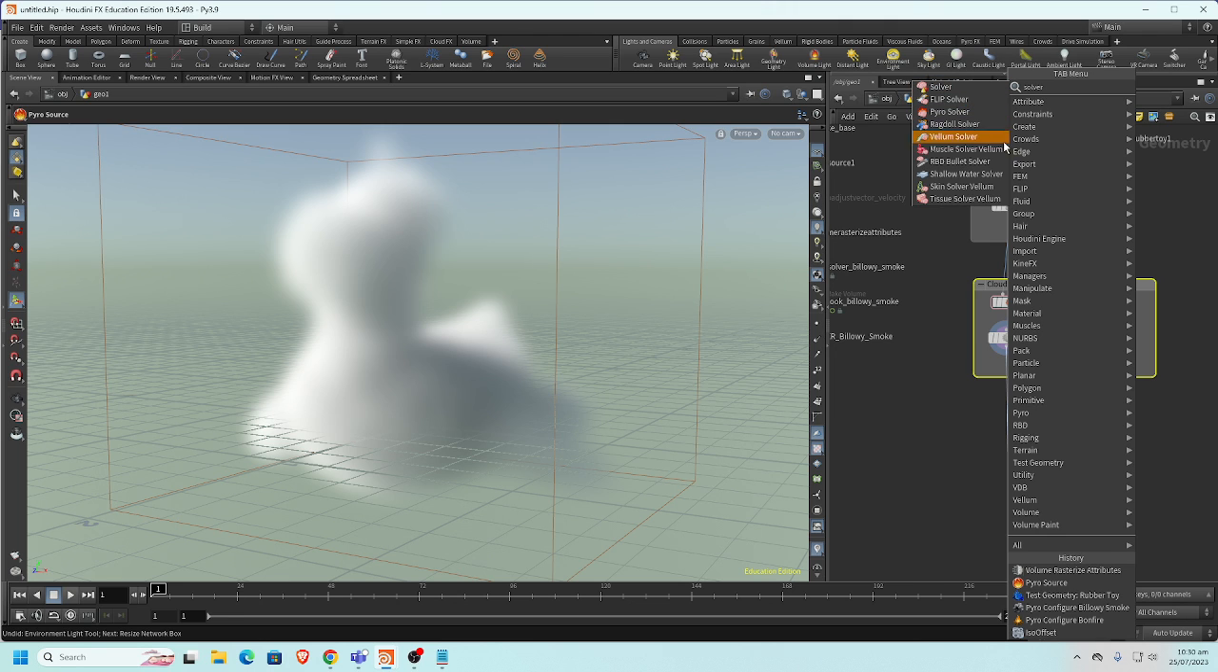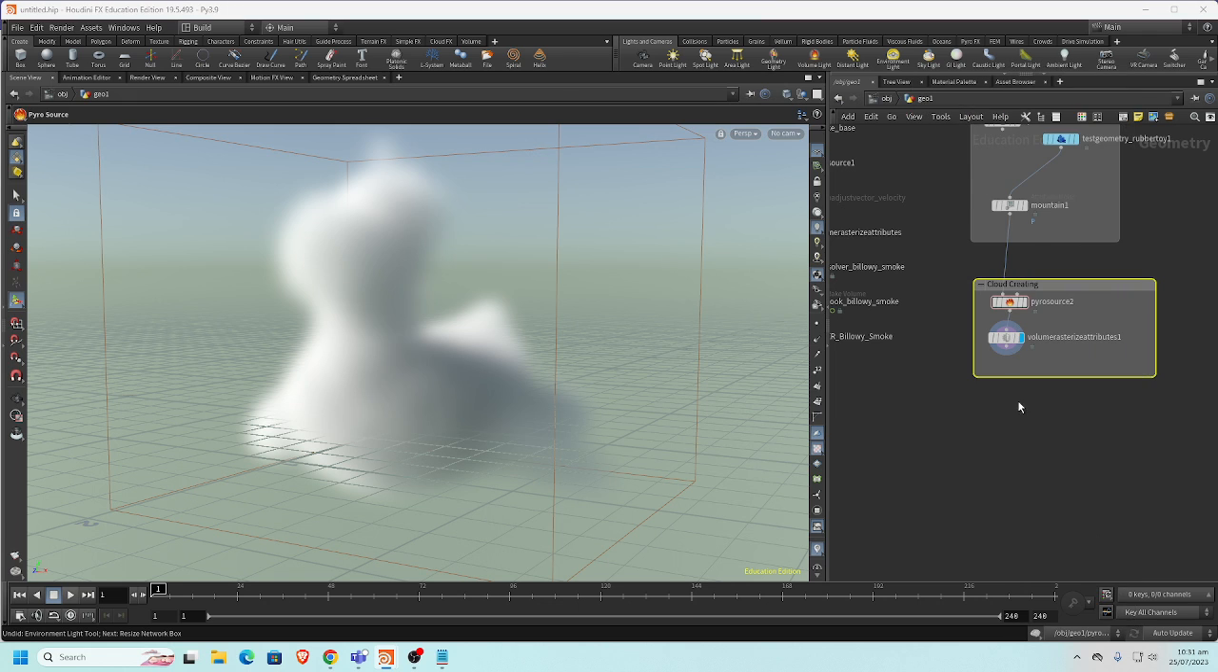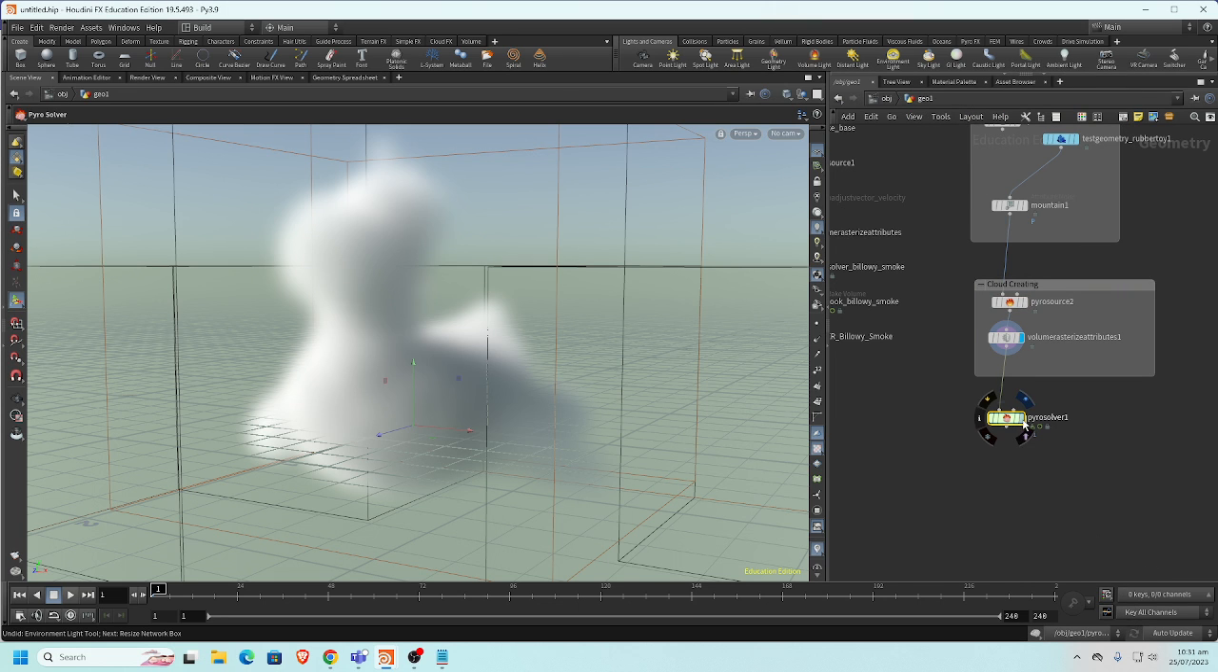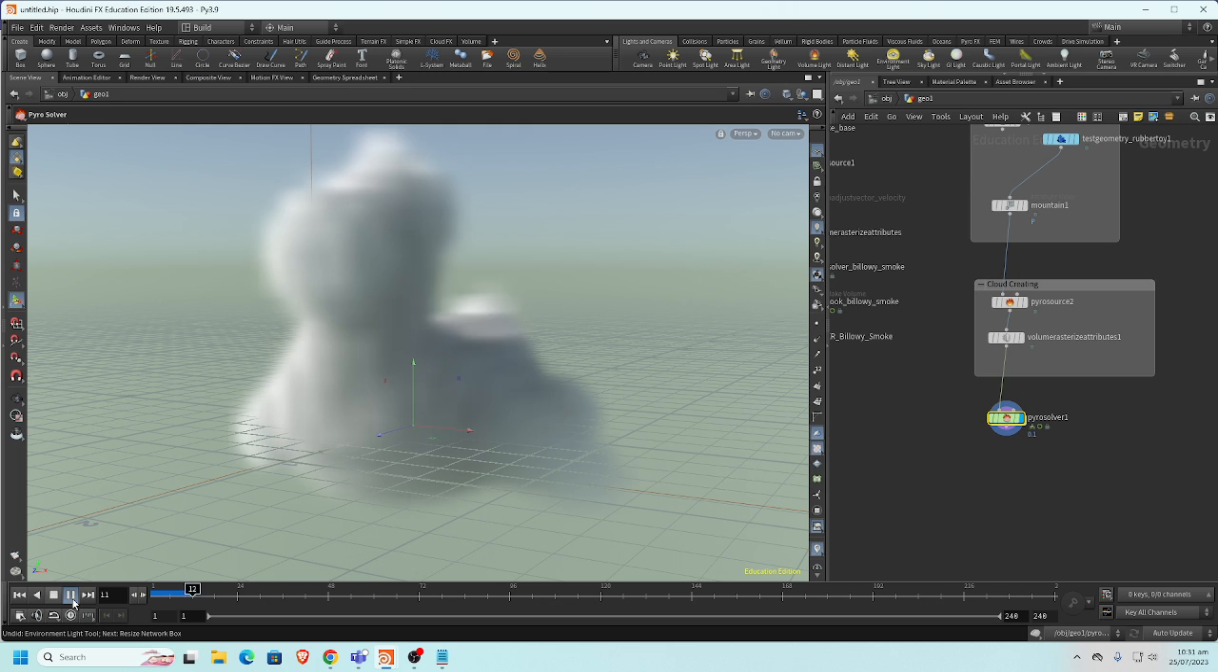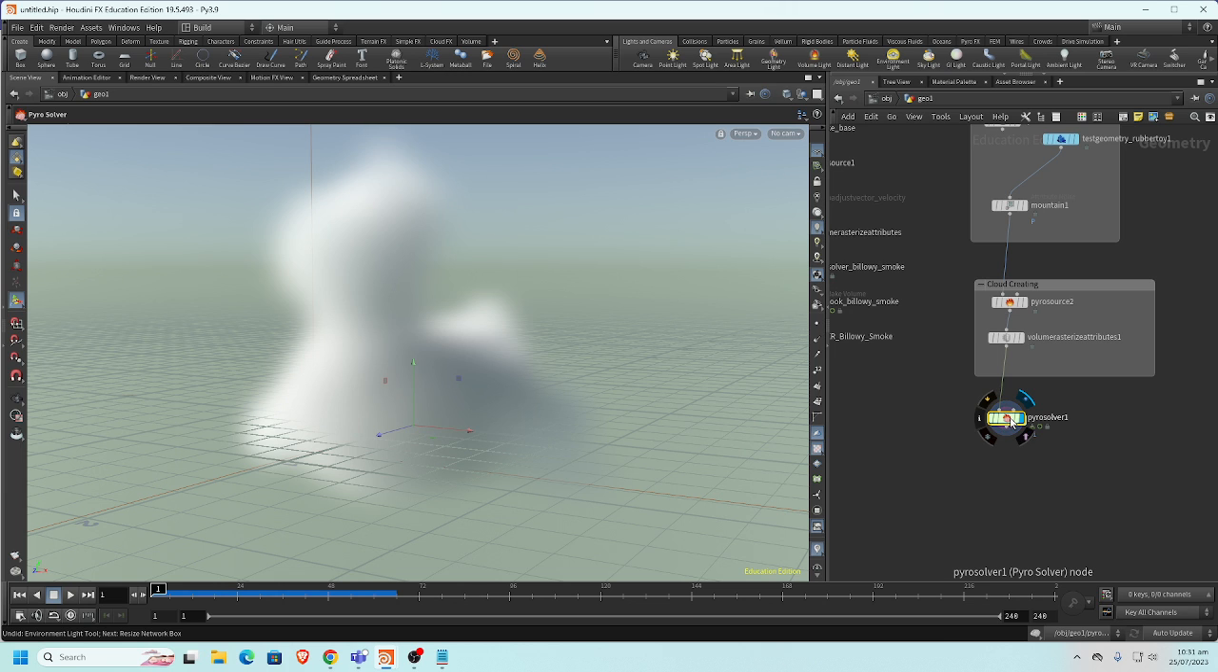We have different types of solvers for different types of physical properties. Things hitting each other, we use the RBD solver. Things like cloth, we use the Vellum solver. But for volumetric data, we have the Pyro solver. So we add a Pyro solver. So when we play, you see that it has something in it, because the Pyro solver, if I press P,